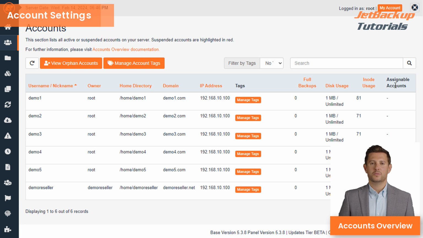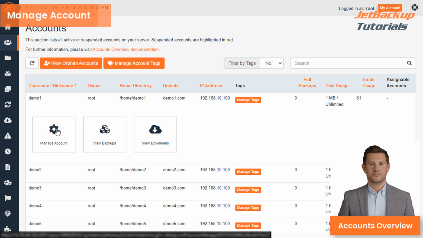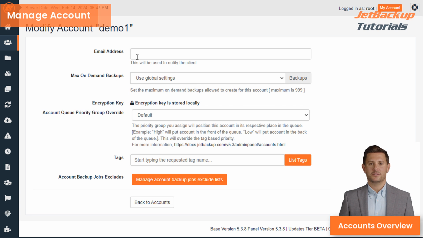Next, let's click on one of the accounts to expand the row and show more options. Here we have a few additional buttons: Manage Account, View Backups and Downloads. Let's go ahead and click Manage Account. Here you have a few settings you can configure. First, under the email address, you have the option to set the preferred email address for JetBackup to send account-specific JetBackup notifications, such as when backups have been successfully generated or when a restore has been completed for a particular